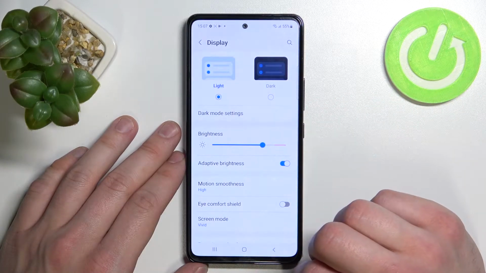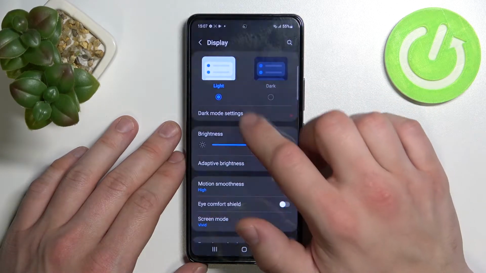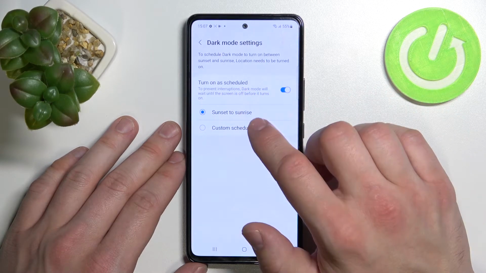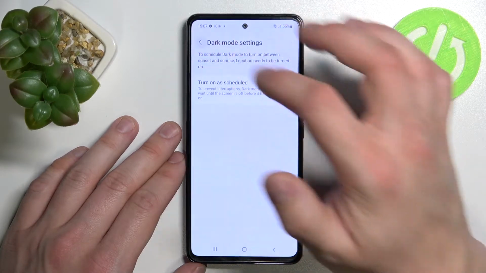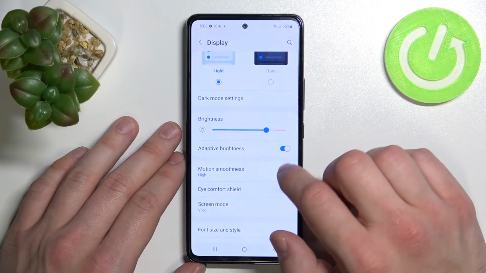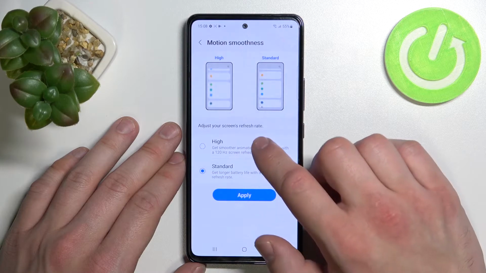Let's start with the top of the list, where we can change between light and dark mode. Manage dark mode settings, for example, let's turn it on schedule, between sunset to sunrise, or custom schedule. Then we can change manually brightness level, enable or disable adaptive brightness, change motion smoothness between high and standard,